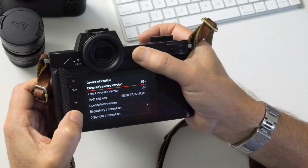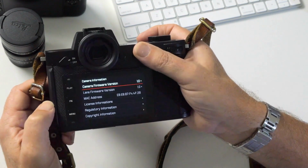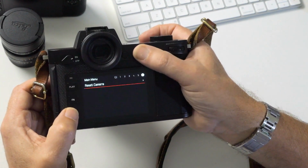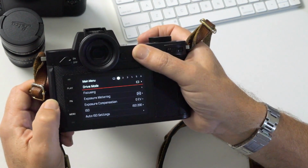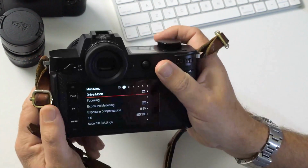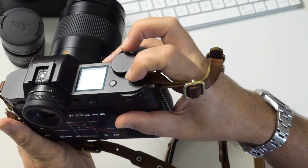Okay, camera information, that's just technical stuff, firmware and so on. Still on version 1 with the SL2. Language English, reset camera. That's pretty much it. So that's the main menu, but before we finish, I want to just show you these custom buttons on the top here,